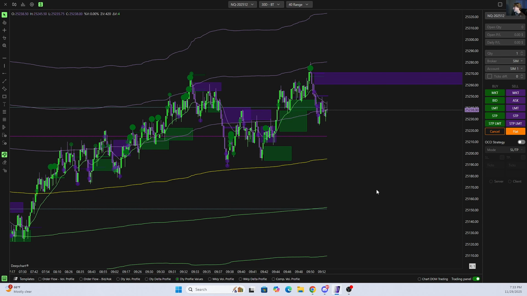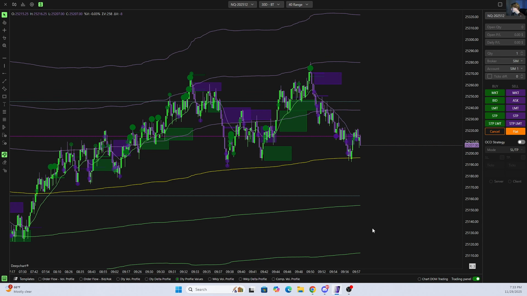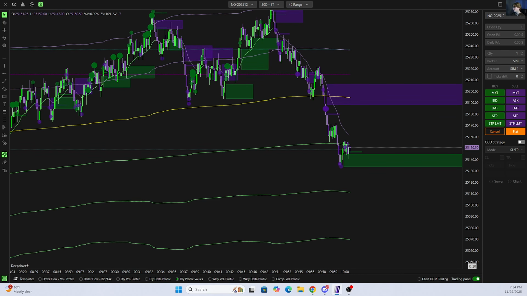You can see who's in control, who's winning. A lot of buying effort and we're not moving up. Selling effort comes in and we move down. A new one comes in, but no bullish zone was created, so guess what? We kept selling off. First bullish zone that comes in